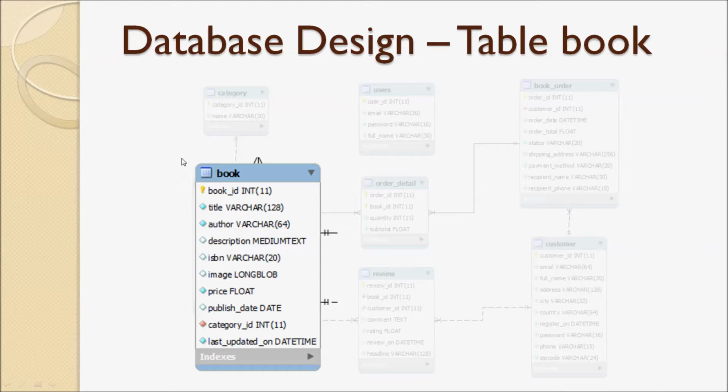You can see that this table has a foreign key to the category table here. You see the category table here. This makes a one-to-many relationship between the category table and the